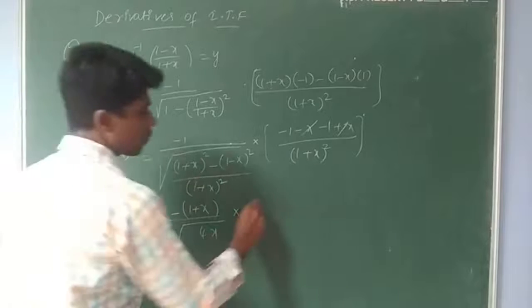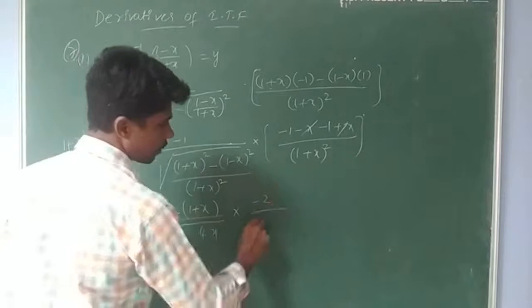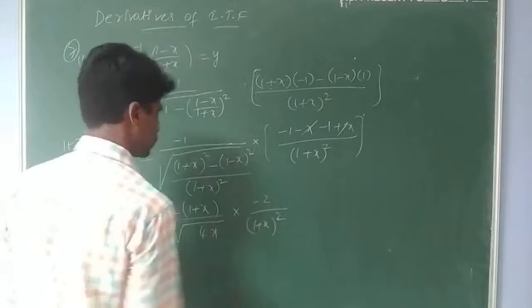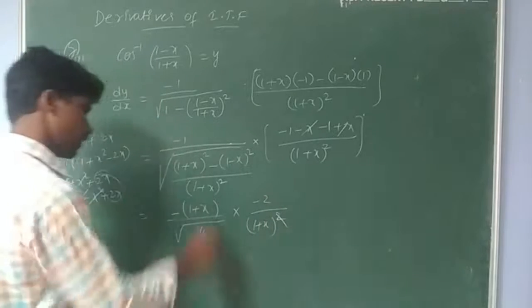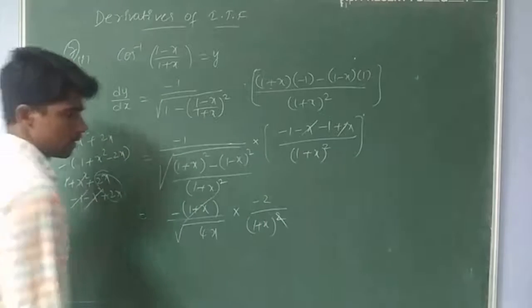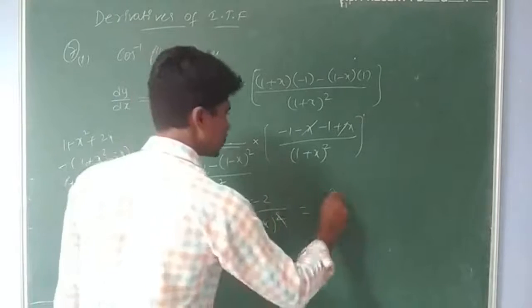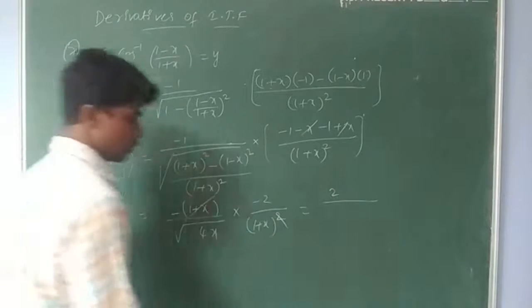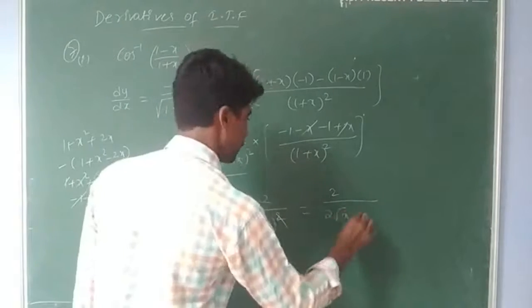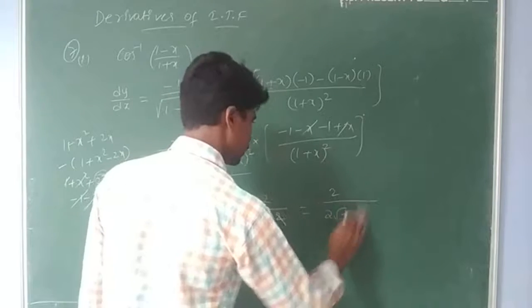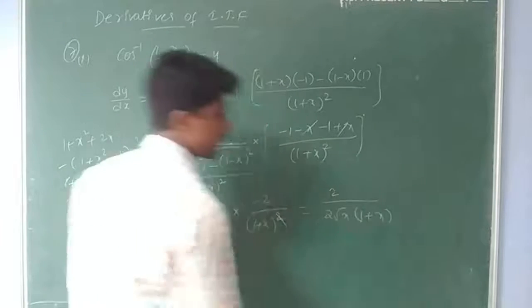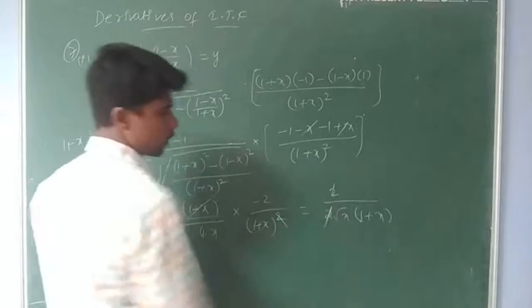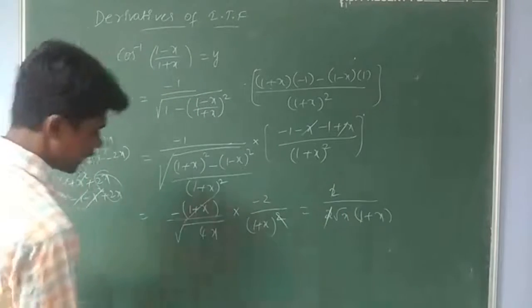So I get minus 2 by 1 plus x square, and the square gets cancelled. So now I get minus into minus 2 by 2 root x into 1 plus x. Now again 2 and 2 get cancelled. So I get dy by dx as